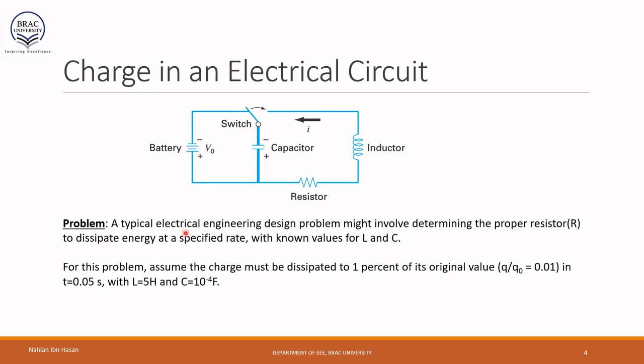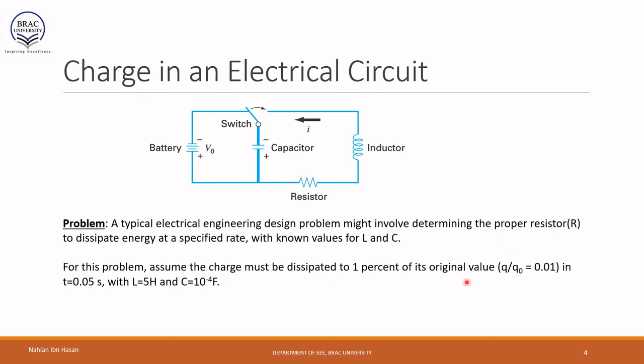Look at this problem. We have to find the proper resistance R to dissipate energy at a specific rate when we know the values of L and C. For example, consider the capacitance to be 10 to the power minus 4 Farad and the inductance to be 5 Henry, and we